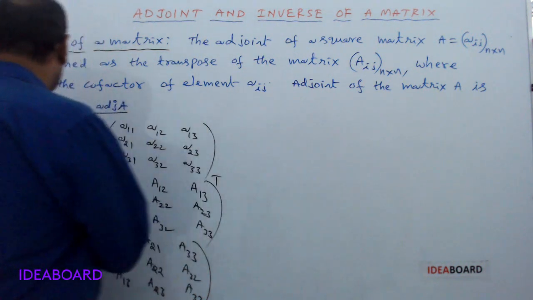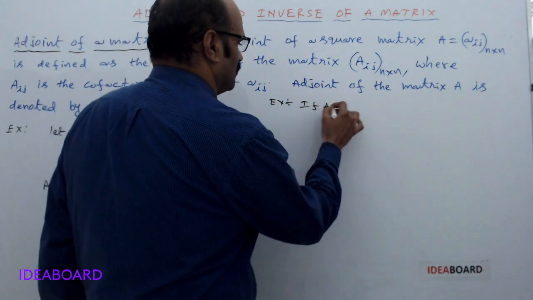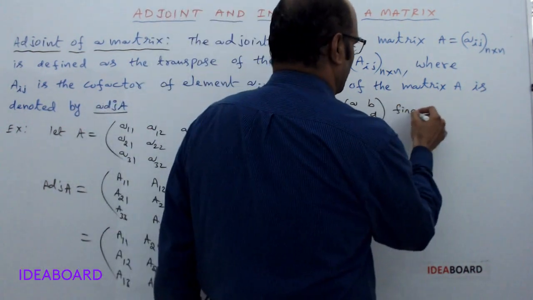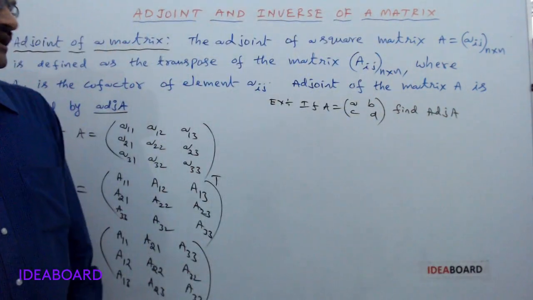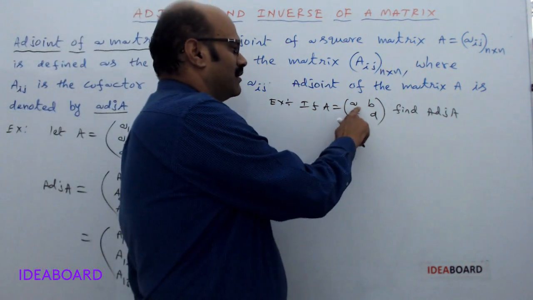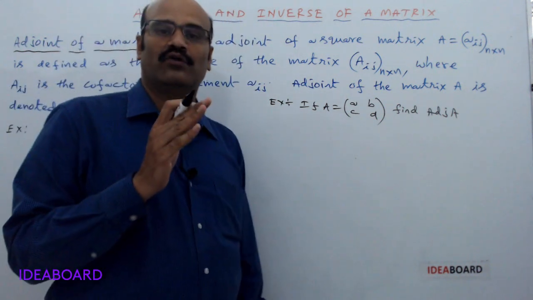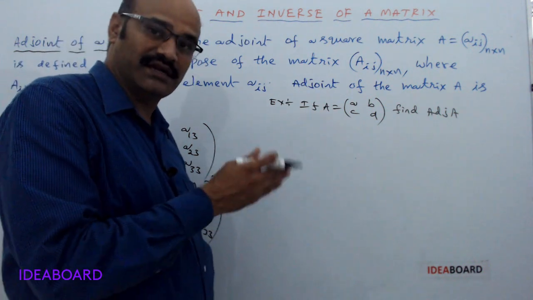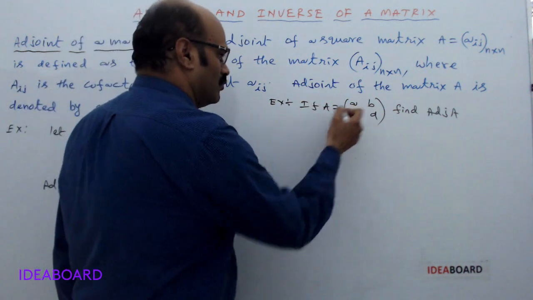Now, if A equal to the matrix [a b; c d], find adjoint of A. First we have to find the cofactor of each and every element of this matrix. After finding the cofactors of each and every element of the given matrix, then we take the transpose of that cofactor matrix. So here, the cofactor of a